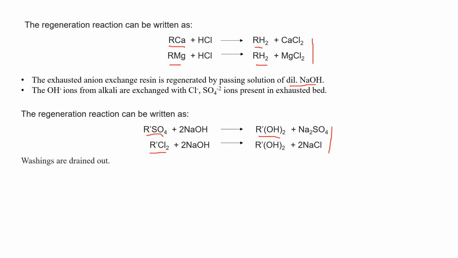So when we compare it with the zeolite method, in the zeolite method we have only exchange of cations, while in the deionization method, cations as well as anions can be easily exchanged, and that is why we can call this method the demineralization method or deionization method. So this is all about our today's demineralization method.